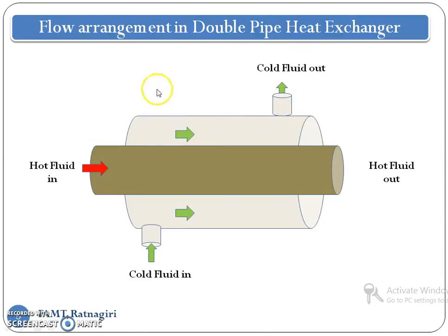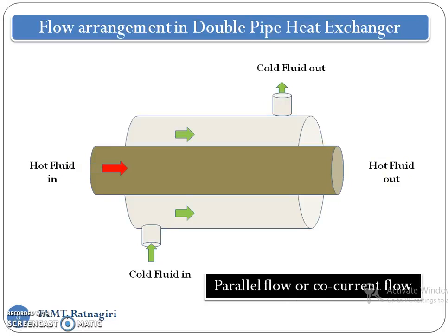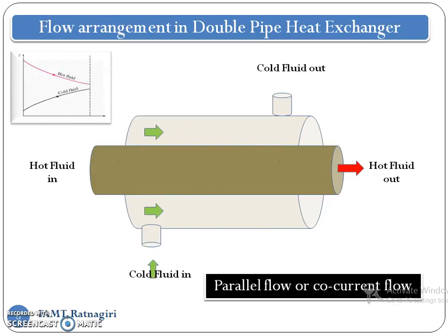Here we have this arrangement, or considering the types, considering the classification, we have the arrangement likewise. Here the hot fluid, suppose it is in an inner tube or inner pipe, then it flows from hot fluid in to the hot flow out. Then considering the cold fluid, it flows likewise. Here we have the parallel flow arrangement. Now, for this parallel flow arrangement, obviously initially the hot fluid temperature is larger as compared to the cold fluid temperature,